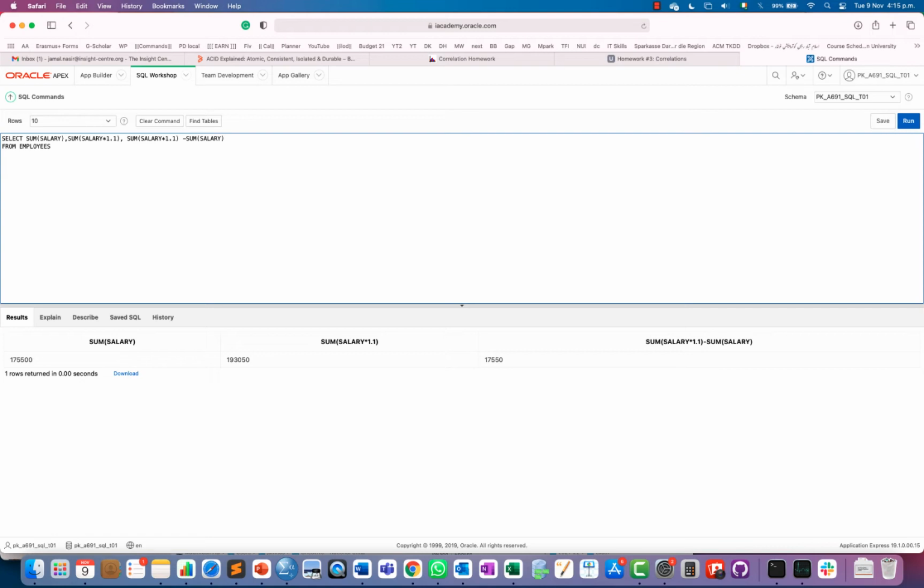We can still compute results in the application layer as well, right? When you are doing programming in Java or Python or web programming, you can send only the total salary and increased salary, and then at the top end they can compute and show to managers, okay, the impact is 17,000 or something, right? So we have two options. At the GUI level, graphical user interface level, we can do some sort of computations, and at the DBMS level.